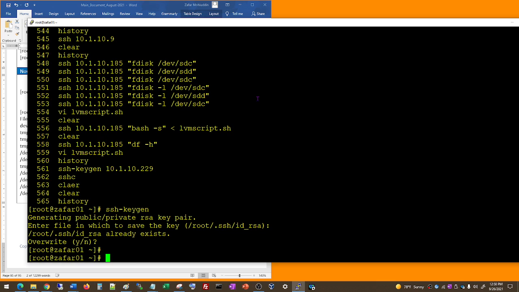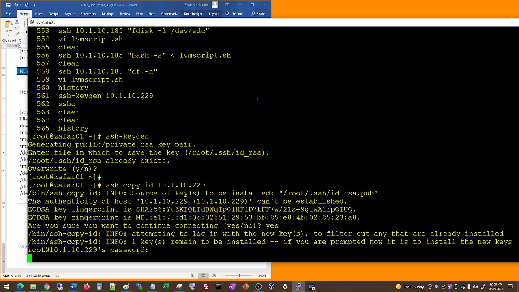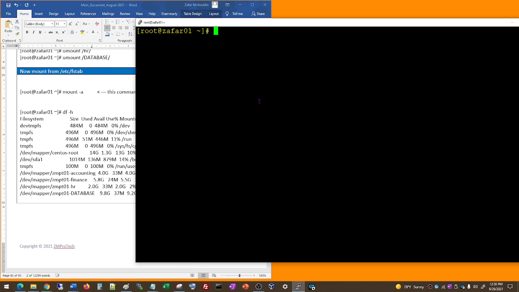Okay, so it's saying I may have already done this here, and then ssh-copy-id. You don't have to do this headache. This was already set up. Now the SSH is ready. What I'm going to do is bring the line back up here. Okay, over here I'm going to do